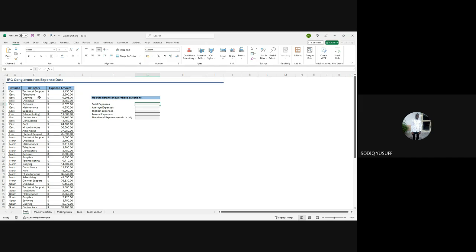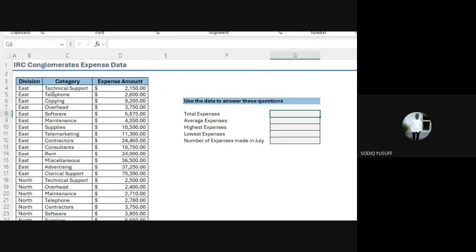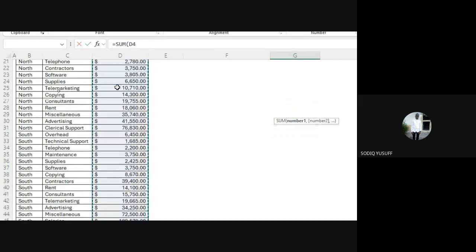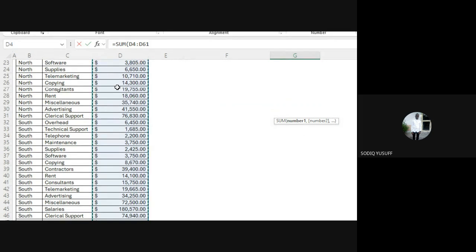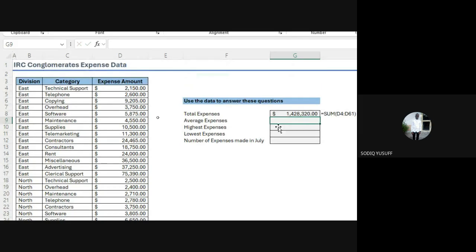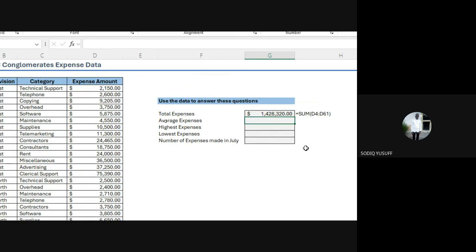We come to the space where you're expected to enter your data and say equals sum. We want the sum of the total expenses, so click on the first one and highlight downward. There's no need for you to go back up before you close the bracket. Since you've highlighted everything you're looking at, you can just close the bracket and hit enter. Then you see your result. That was what we did in the last class.